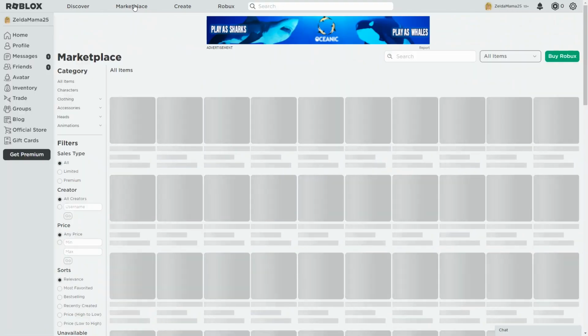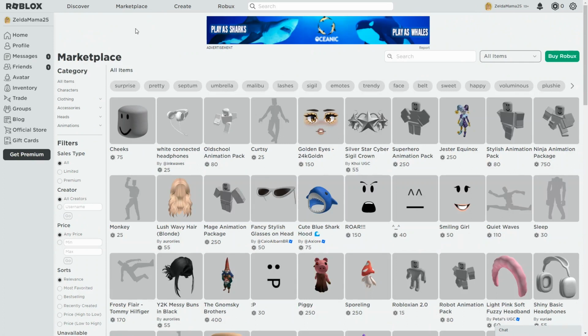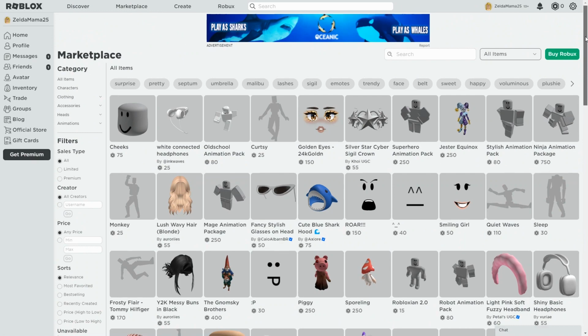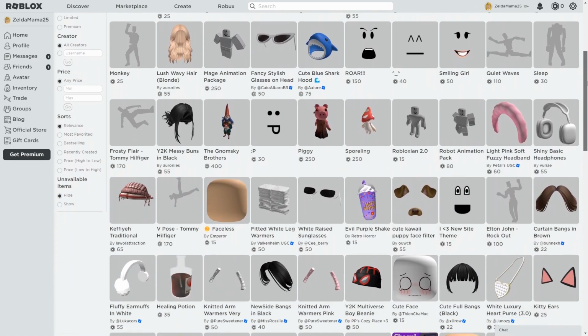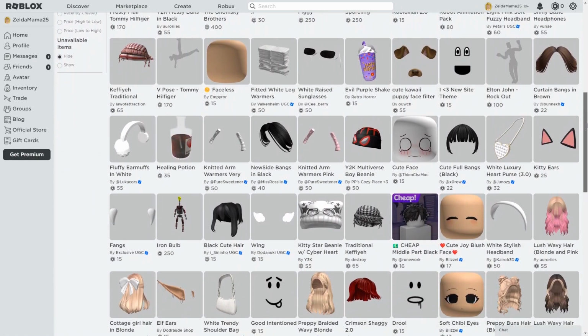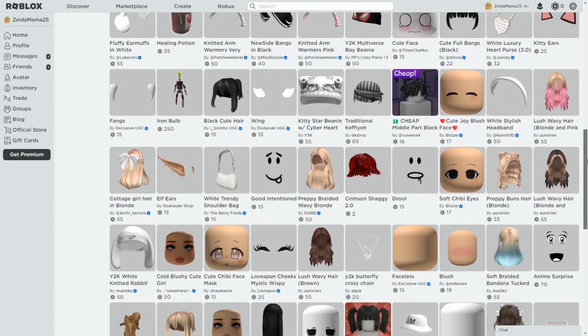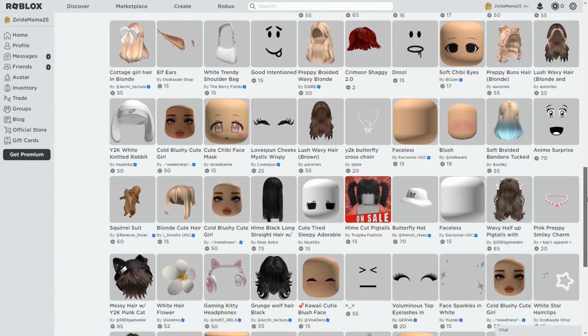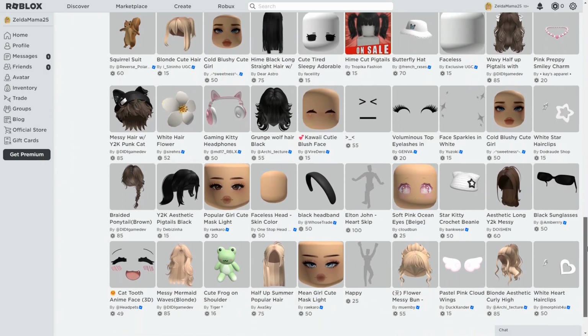This is where your child can spend Robux, which is the in-game currency. You need to use real money to get Robux. In addition to the things here that are mostly just ways to customize their avatar, your child can also use Robux in the games to unlock certain features. And this is how the creators of the games can make money. You can certainly play Roblox without any real money, but just don't be surprised if your child asks you for Robux. They even have Roblox gift cards for this. My 9-year-old just got a few of these for her birthday.